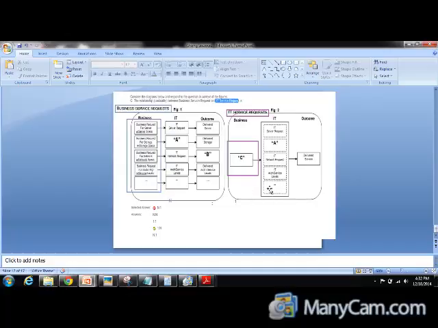But because this part does not have IT management capabilities, I assume C has to be IT service request. So business service request to IT service request is going n is to 1. So this